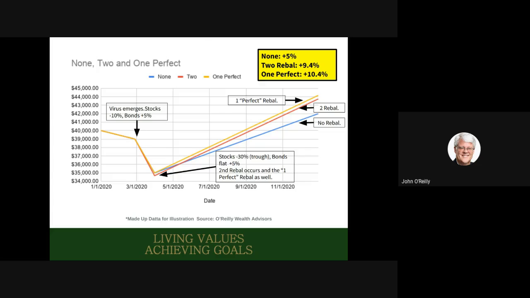And in the case of the 2 rebalances, the portfolio is up 9.4%. Wow, that's awesome. I mean, that was not that much work. We just did 2 rebalances. Didn't require a degree in physics to do that. And we got a great return. I mean, if we'd been in 100% stocks, by the way, you would have had a 10% increase. So by doing 2 rebalances in a very conservative portfolio, you almost got as much of a return as somebody that was in 100% stocks, just a tad below.